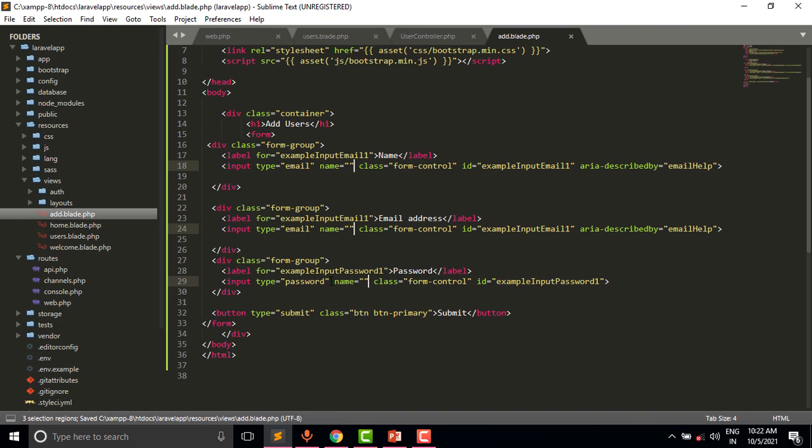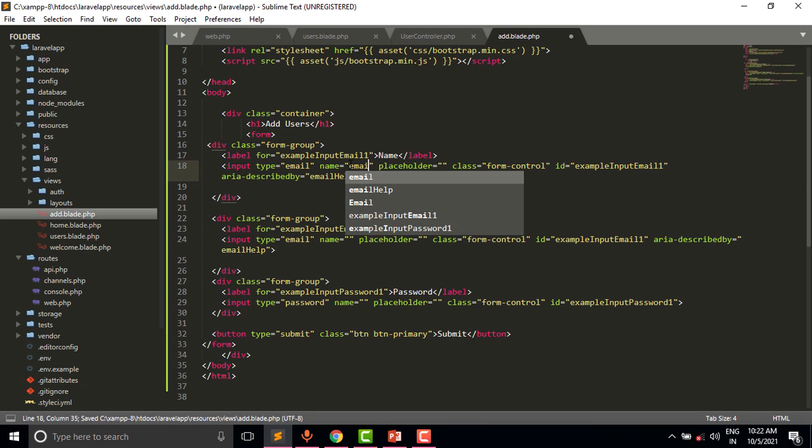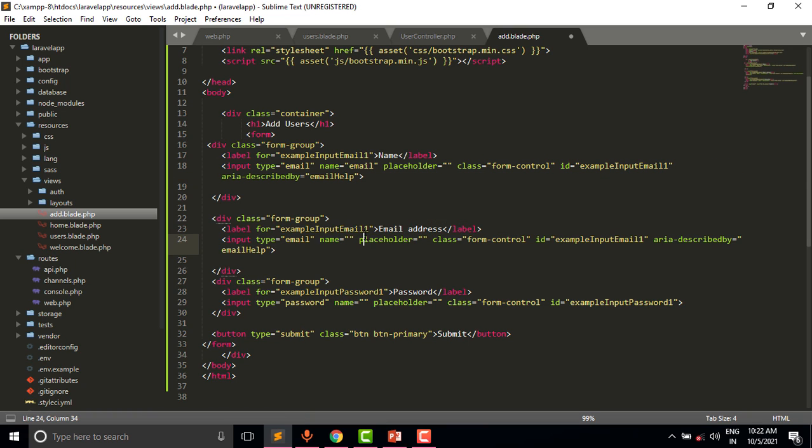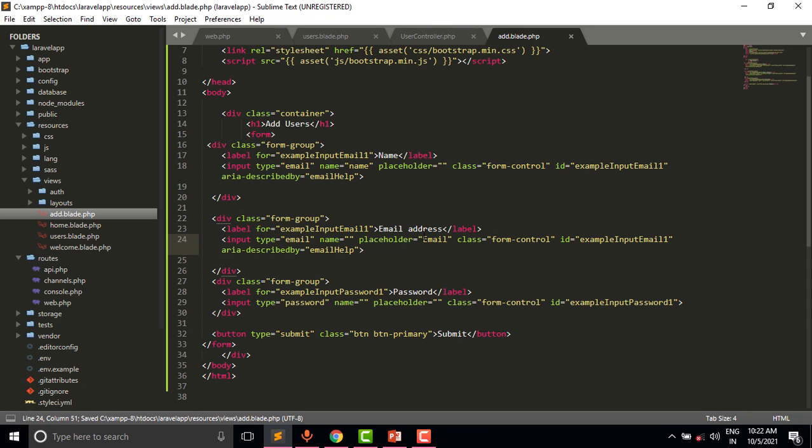Name. And placeholder. Name, email, name is good, name, email and password.